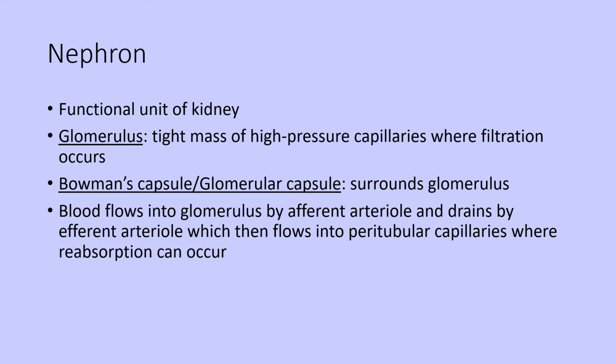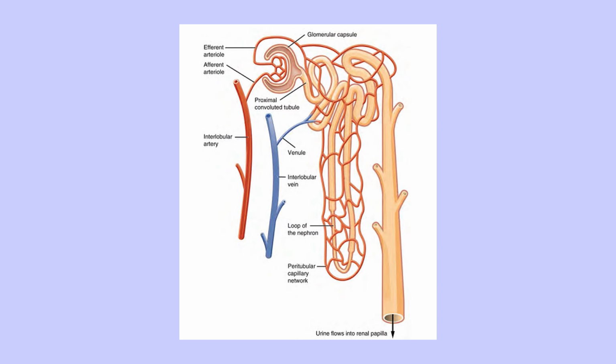Blood flows into that glomerulus by the afferent arteriole, and then it leaves by the efferent arteriole, and then it's going to flow through the peritubular capillaries. And that's going to be important because that's where you have a chance to put things back into the blood or remove remaining things. So what happens here,